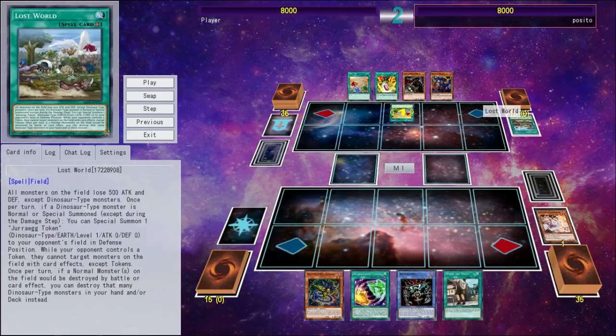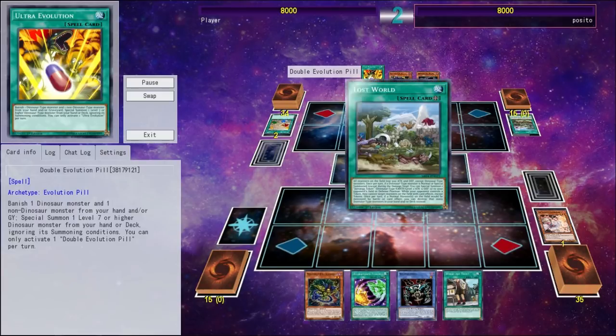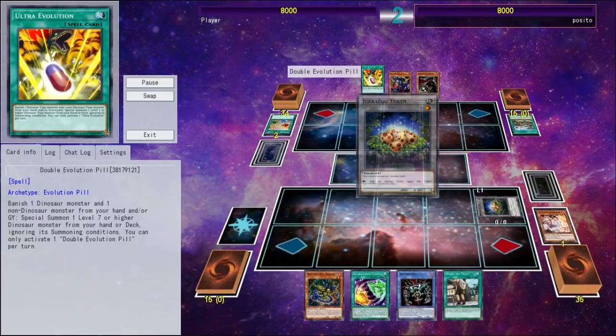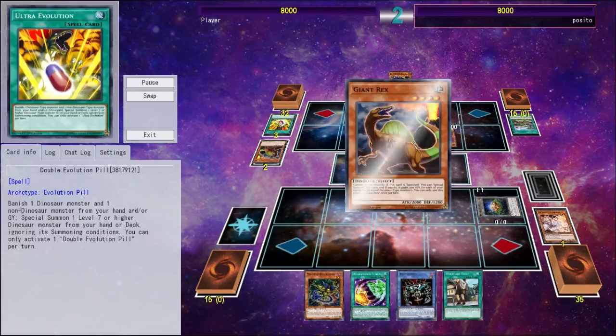He'll Fossil Dig, and honestly, whenever I saw Lost World, I just assumed it was going to be more of a bad player and a bad build. So I just immediately Ash Blossomed the Fossil Dig, not really caring. Whereas he has another one, and obviously I should have waited for the double evolution pill there, it being one of the most powerful cards in the deck and susceptible